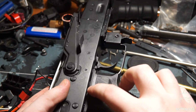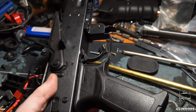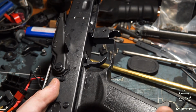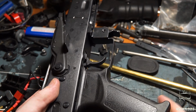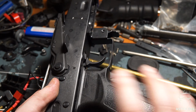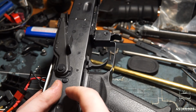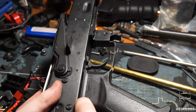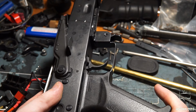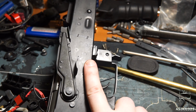Additionally, I did have to Dremel out a small portion of inside of the pistol grip here. This Arcturus grip, I really love the look and feel, but it is very tight on the E&L gear motor cage, and it almost ripped a connector off. It's like, oh my gosh, that was really nerve-wracking. But thankfully it's fine. I did have to Dremel out a small portion there, again, because the gear train moves more, and it actually would hit on the top of the pistol grip and not allow the gear train to go into safe. I did get the full auto, safe, semi, and 2-round burst to work, but unfortunately some of